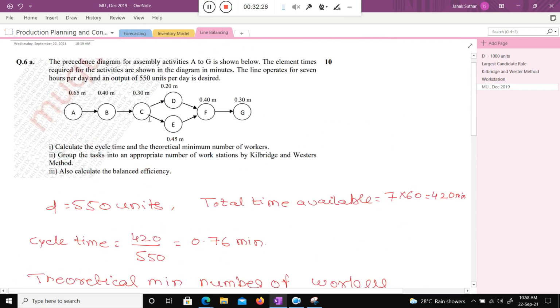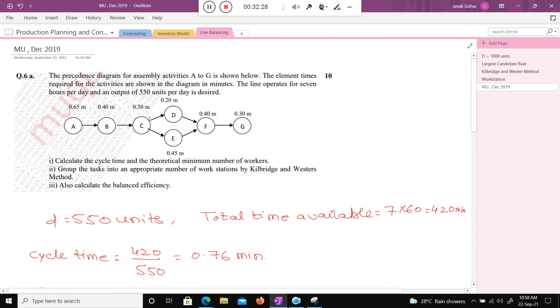In the next lecture we will discuss the next part, the rank position weighted method. Its calculation is a little higher, and there we need to calculate more things.